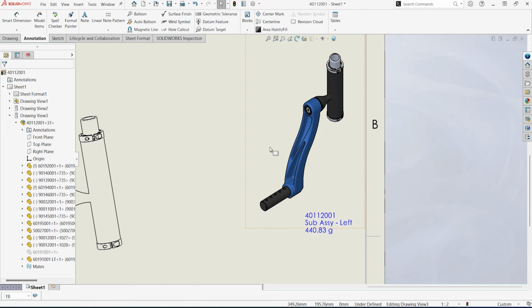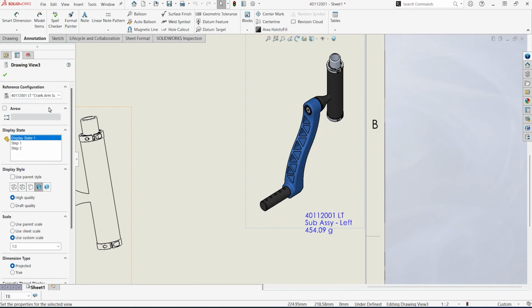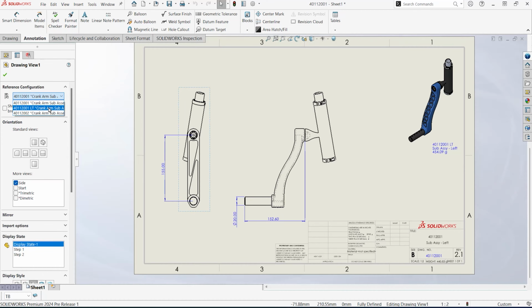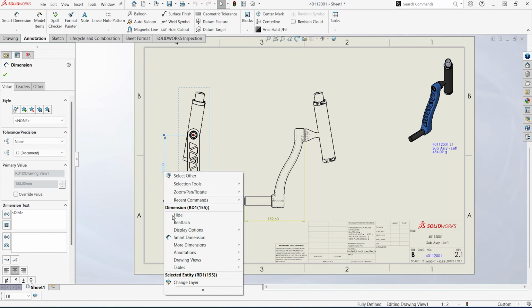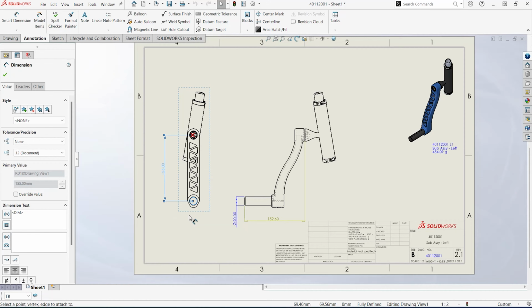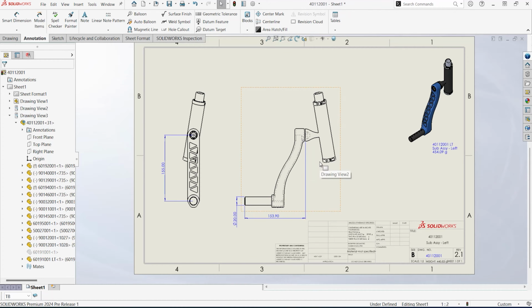And as you'd expect, when I switch the model configuration for this drawing view, the custom property information updates seamlessly. However, changing the model configuration on these views causes a few of my reference dimensions to go dangling. Now you can simply right-click on any dangling drawing dimension and choose to reattach. The red X indicates an entity is missing, so now we just pick a new reference. Now my drawing is complete with a minimal amount of rework.